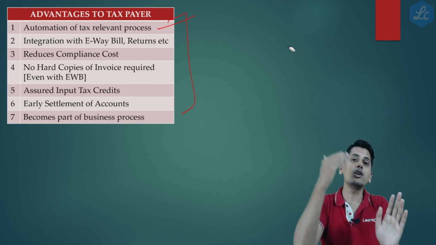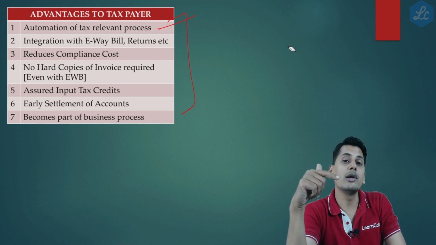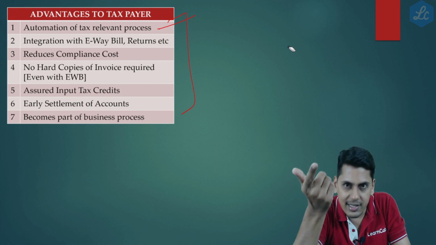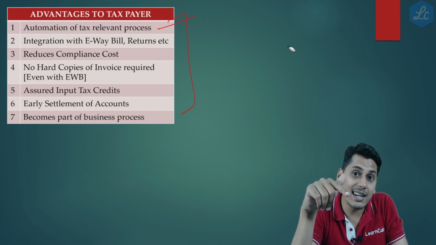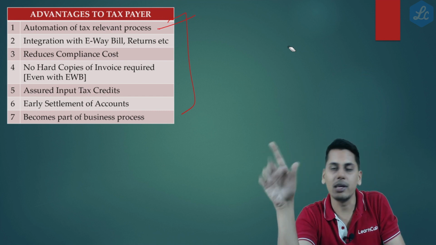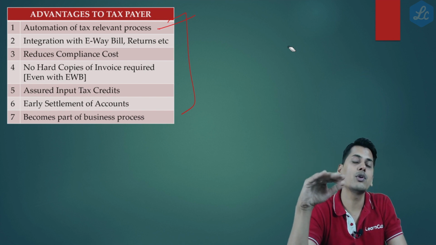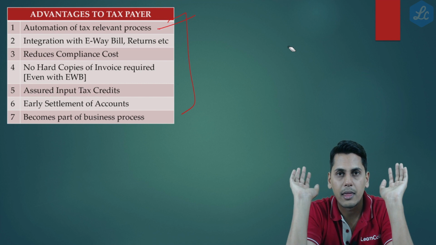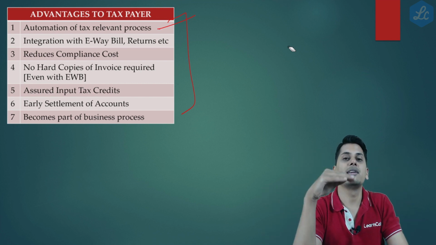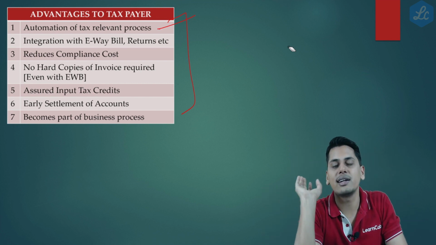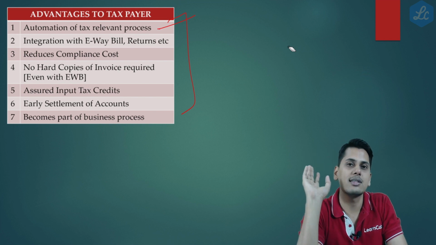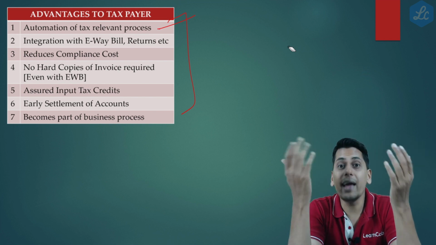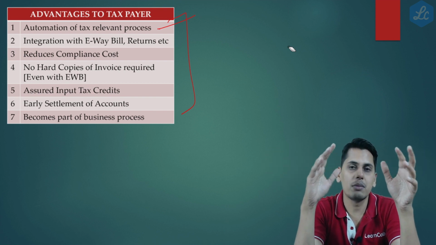Now what happens? The moment you obtain an invoice reference number, you report it to the invoice registration portal. There it automatically goes into your GSTR 1. If you want to generate an e-way bill, it automatically goes to the e-way bill portal, and it also automatically goes and sits in the recipient's GSTR 2A. So friends, wherever the sequence is reversed, first report and then generate an invoice, the compliance work becomes part and parcel of the business process.